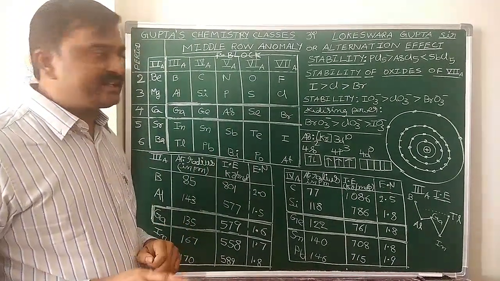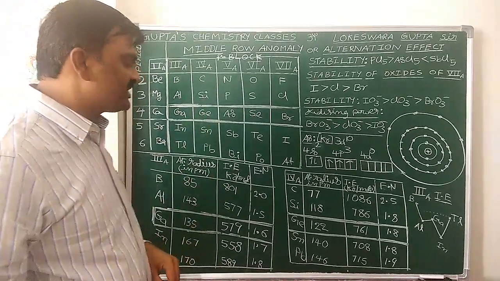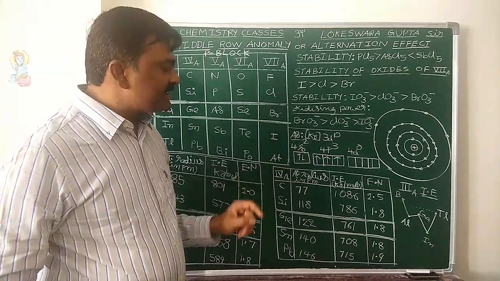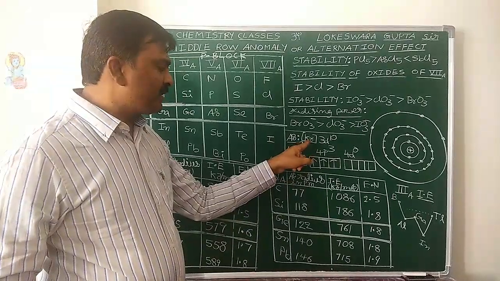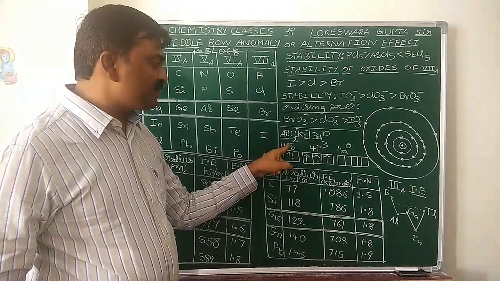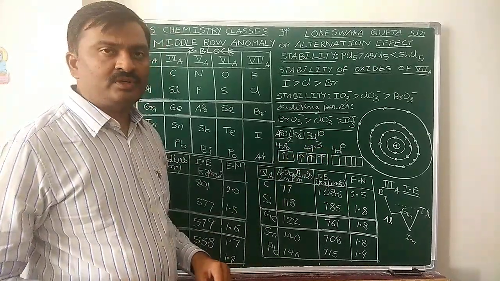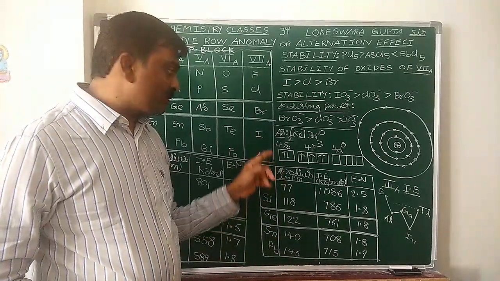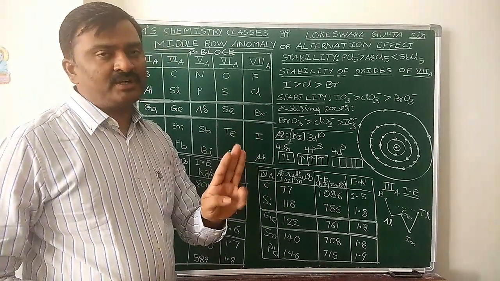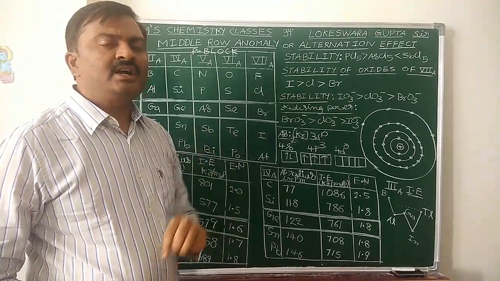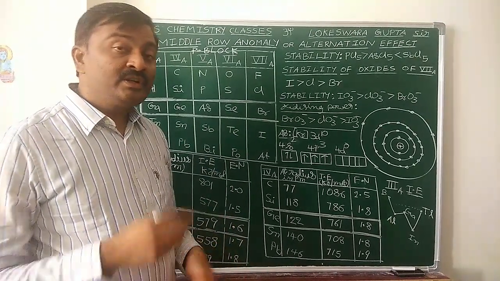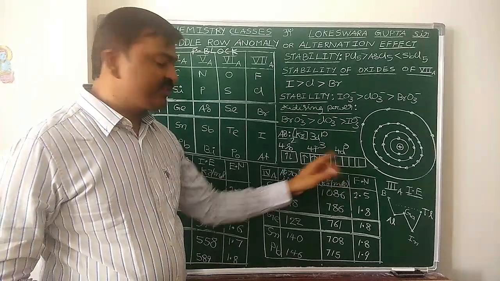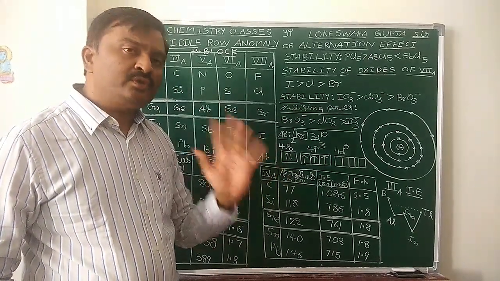Poor shielding effect of 3d10 electrons. Now come to this higher valency also. See, for example, arsenic electronic configuration: krypton 3d10, 4s2, 4p3, 4d0. In the ground state, only 3 unpaired electrons are present. So in the ground state, arsenic can form 3 covalent bonds, and possible covalency is 3 only. Now to exhibit higher valency, a 4s electron has to jump to 4d, then 5 unpaired electrons are possible, covalency 5